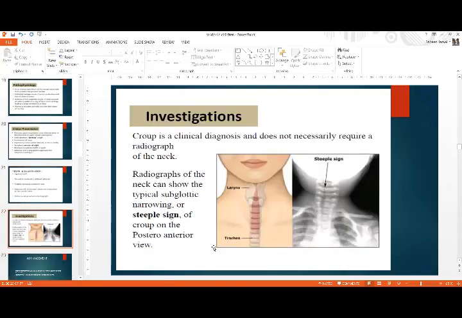Now, how will you investigate a suspected case of croup? It is usually a clinical diagnosis, and there is really no requirement for a radiograph. But if it is required, then the most common sign